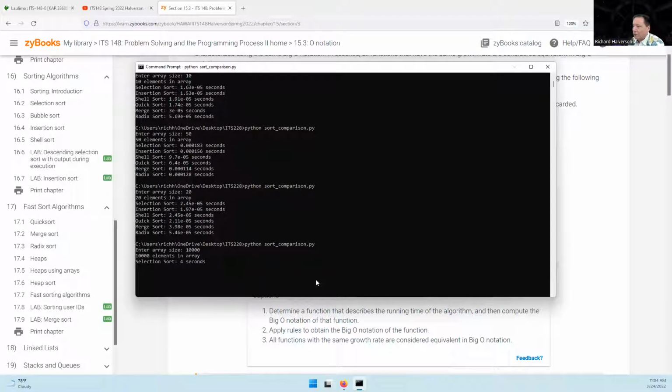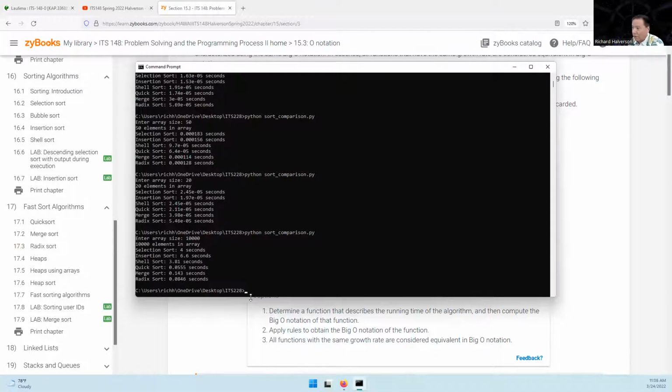And the selection sort takes 4 seconds. Insertion sort takes 6.6 seconds to sort 10,000 items. And then these other sorts take way less. But if you're only sorting 10 items, insertion sort is the fastest because there's overhead to set up these other ones. All right. So, but anyway,